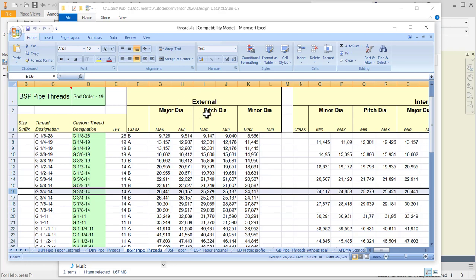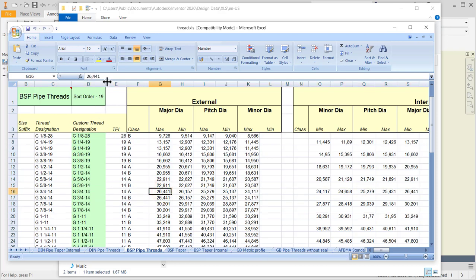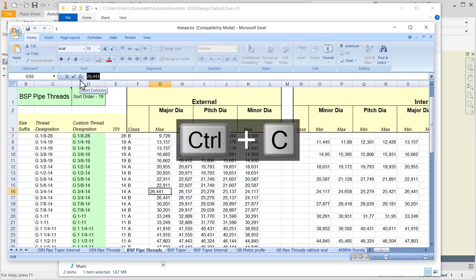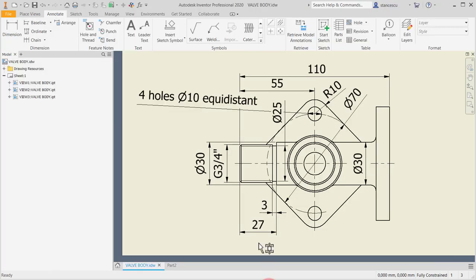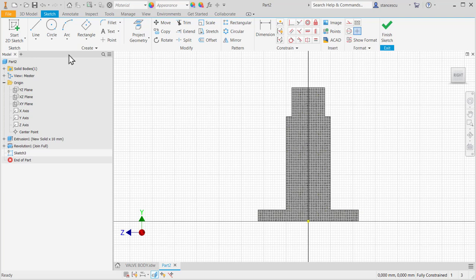I refer to an external thread like ours. Yes? Remember this, I copy to have no problem. I copy in the clipboard and I go back to Inventor to draw a line from this point to the left, which will be the axis